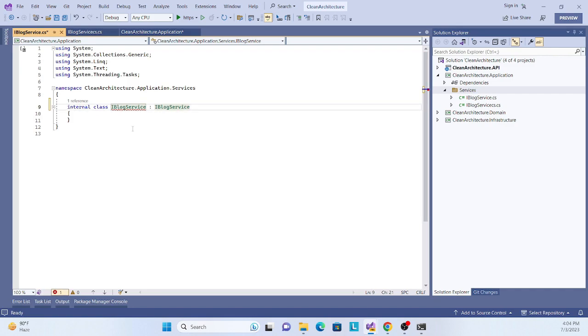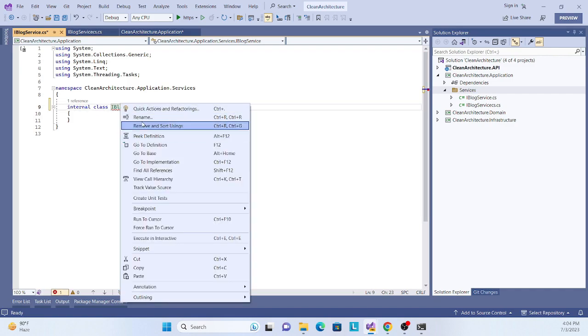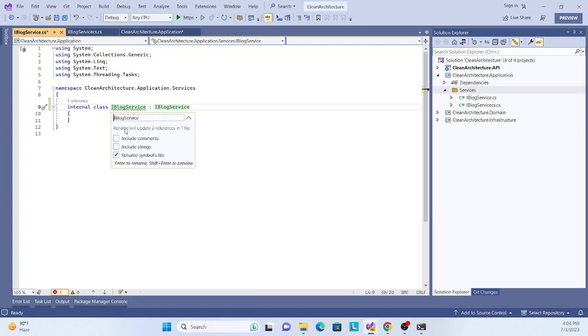Okay, sorry, I think this is not right. Okay, so just rename it. It is just an implementation, so just BlogService. Okay, and rename it so that I can rename everywhere, and also just implement, inherit to the IBlog